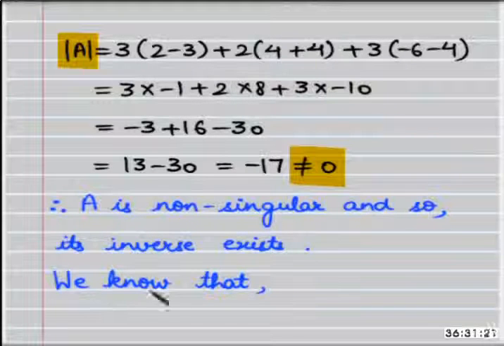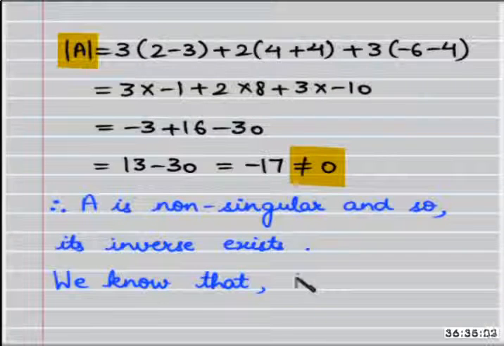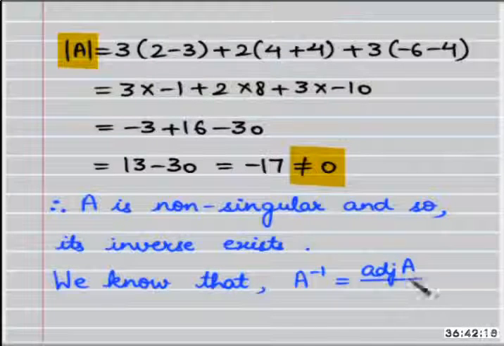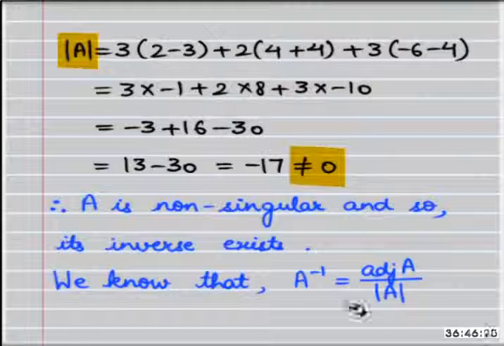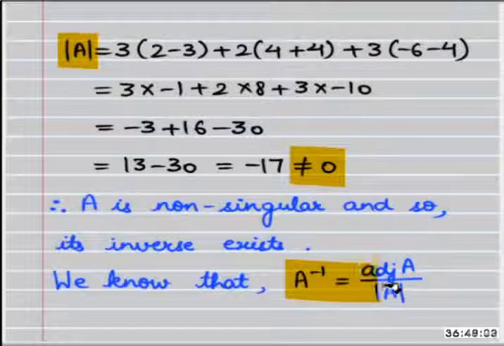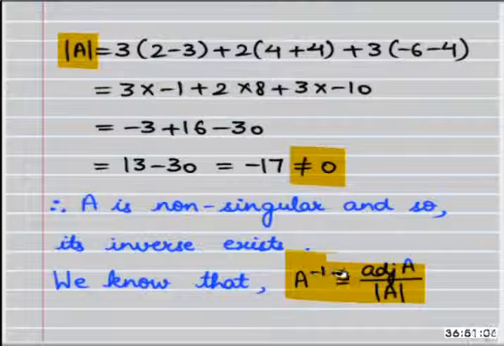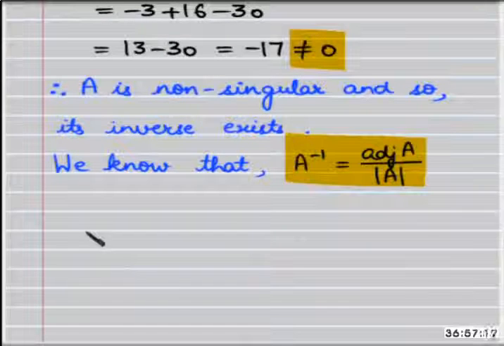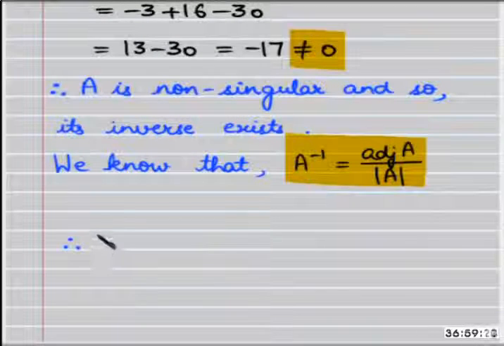Now, as we know that inverse of a matrix A, that is A inverse, is equal to adjoint of A upon determinant of A, therefore, here A inverse will be equal to